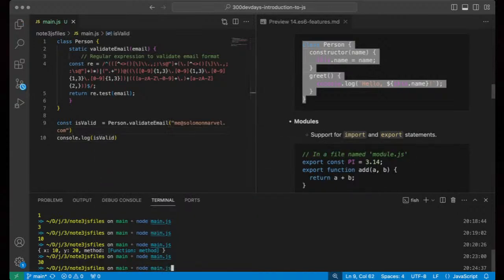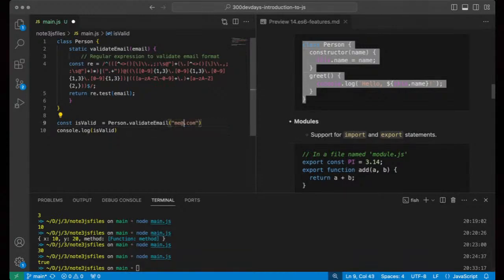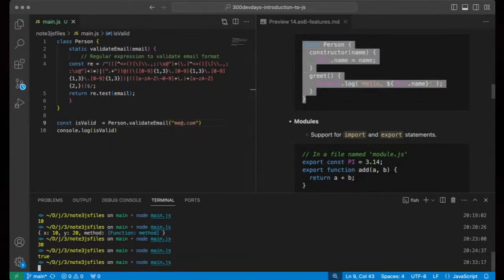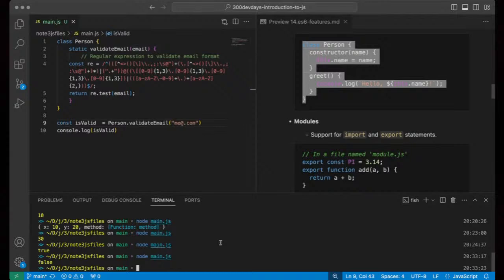Okay, so if I should run this, now this is going to tell us whether the email is valid or not. What if I do me at .com? What about that? What do we get? We get false. So that's to say, okay, the email is not valid. Now, you see the way we're able to construct this. By the way, person can be user, it can be something else, right? So let's change this to user. In a real application that you're building, it makes sense to say, oh, we're trying to create new users, right? We want to see if the user information right there is valid, right? If it's not valid, this is what we want to do.